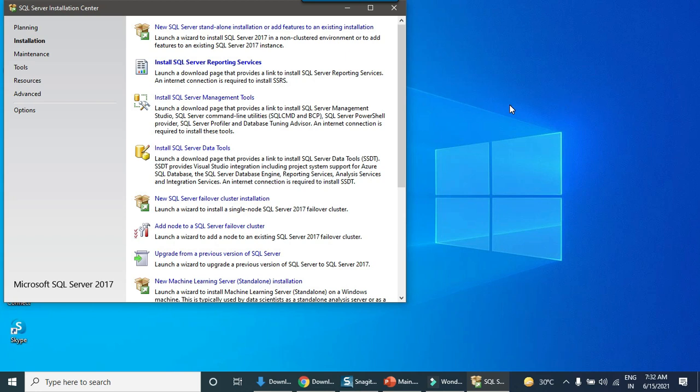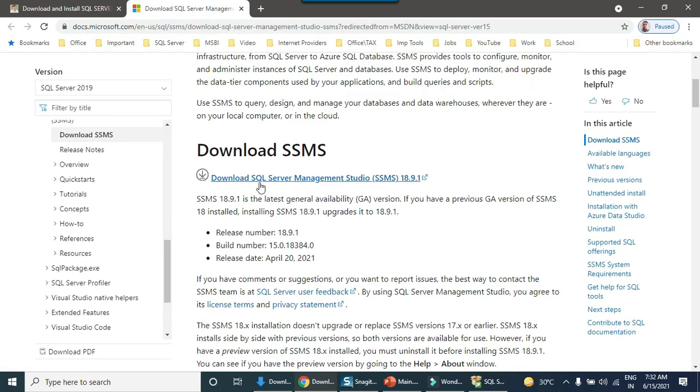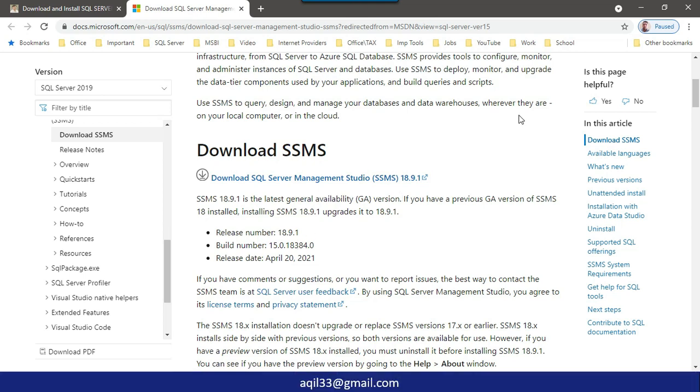If you don't have SQL Server Management Studio installed on your machine, then you can just download it from here directly. Just click on this one, and this will redirect you to the Microsoft site, and you can just download SSMS from here. It's very straightforward. Just download it and then click next a couple of times. There is no customization, nothing. I already have SSMS for my SQL Server 2019 version. If you still want to see how to download and install SQL Server Management Studio, then I will share the link of my SQL Server 2019 installation video, where I have shown how to download and install SQL Server Management Studio. So you will get an idea from there.